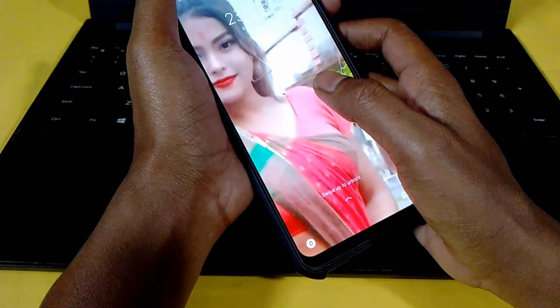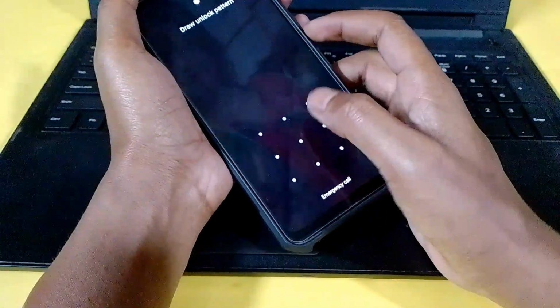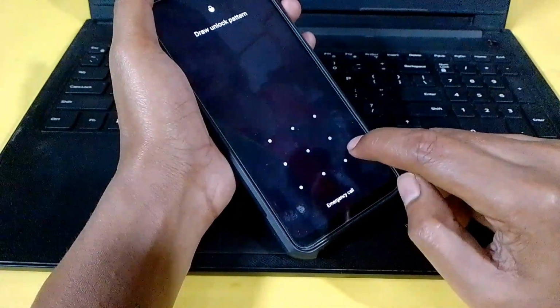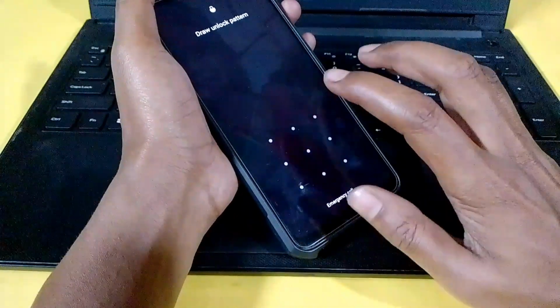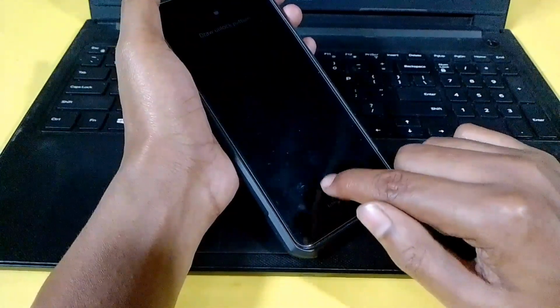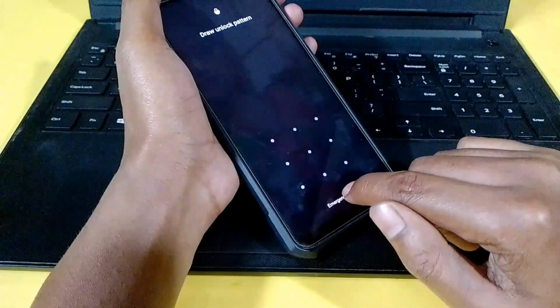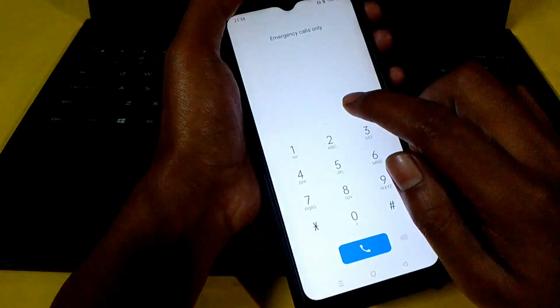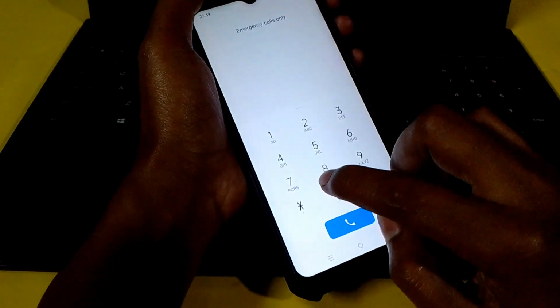This code is very important. On your phone lock page, go under the password to the emergency call button, and see the emergency call only page.